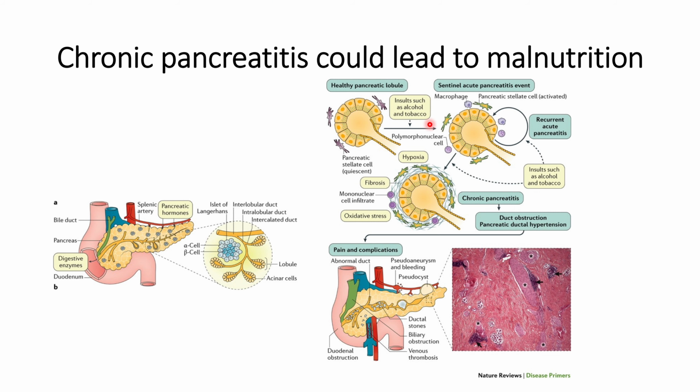When a person takes some products such as alcohol or tobacco, it triggers immune cells to reach the site of the pancreas. And if these habits of taking alcohol and tobacco continue, then it will activate the pancreatic stellate cells, which are usually present in a quiescent stage. And once the pancreatic stellate cells get activated, then